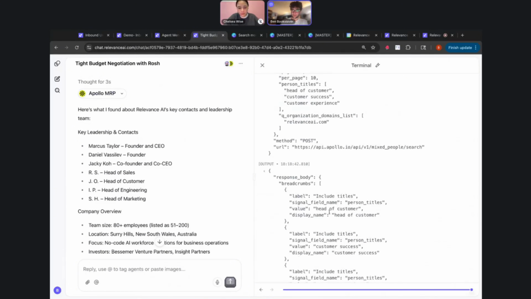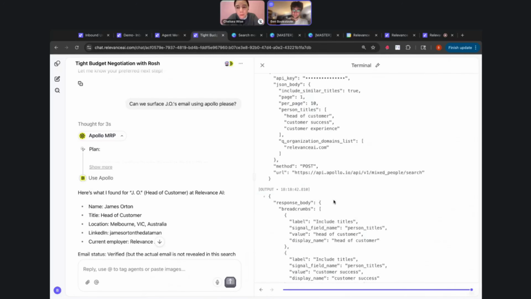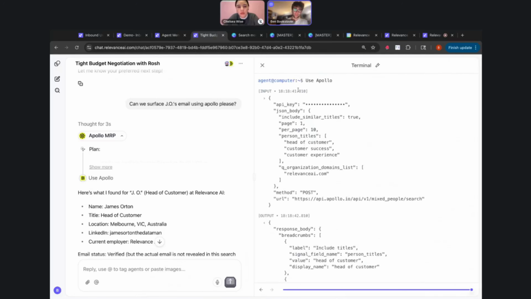And it also includes the head of customer title that James holds. So essentially, we didn't tell the agent in its prompt you have to look for the head of customer. You have to look at this specific endpoint and use this specific parameter for this specific domain. The agent actually kind of knows this.